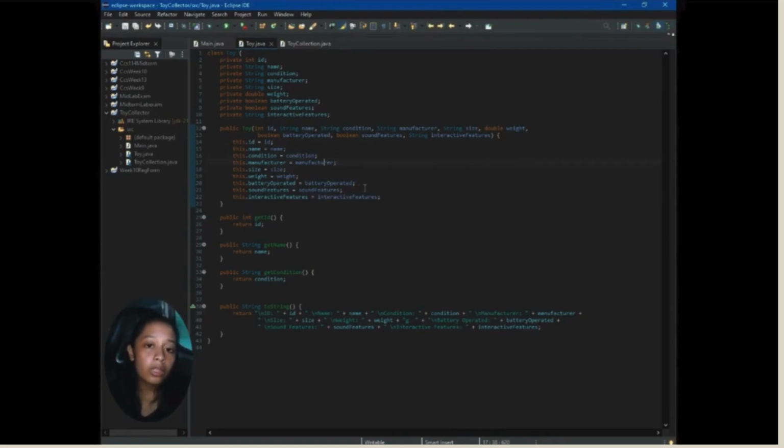In the toy collection manager program, this class serves as a blueprint for representing individual toys, allowing for organized data handling and retrieval by restricting direct access to its fields. The class promotes data security and maintains a structured approach in object-oriented programming, or OOP.